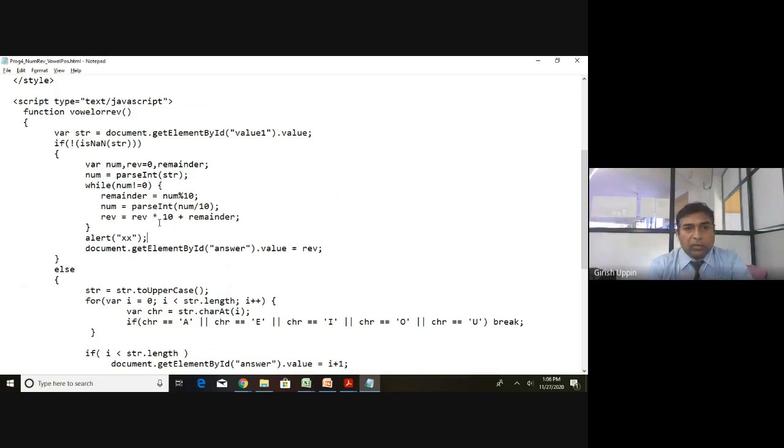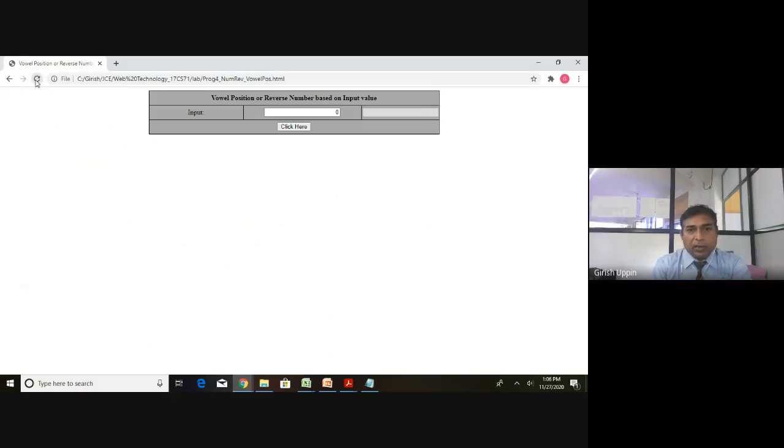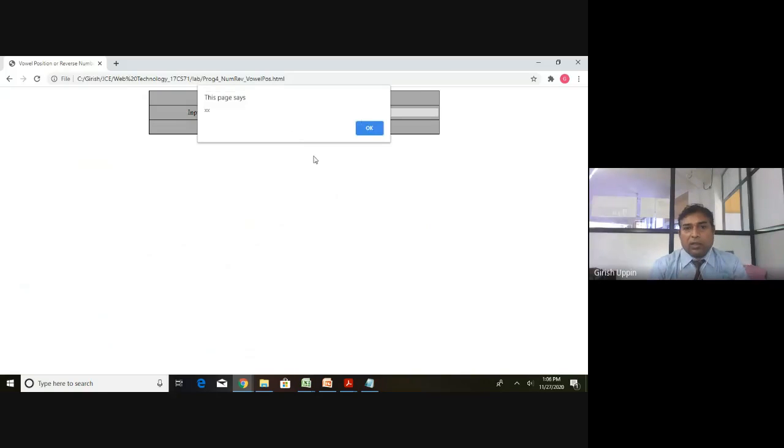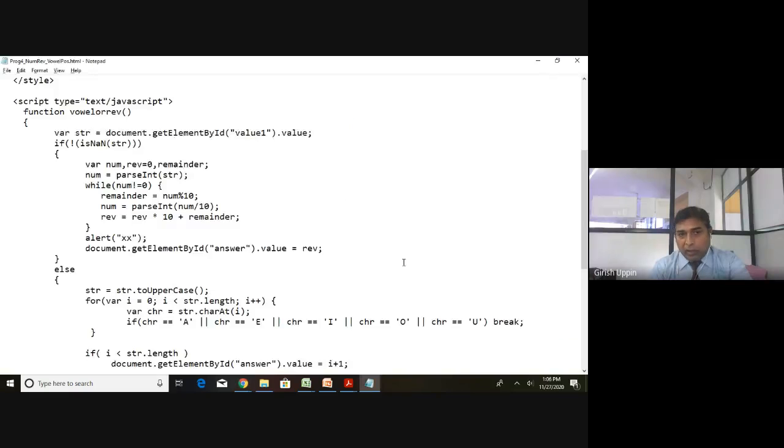Then save this, load the page again, and again you give the value 456. Now see, so this is debugging. Suppose you are not able to understand where the code is going. Now what happened? After clicking that button, it called this function and it came here, it got the 456 value here, it checked it is a number, it came here, it reversed the number. After that, it is waiting here, that is, the control came here.